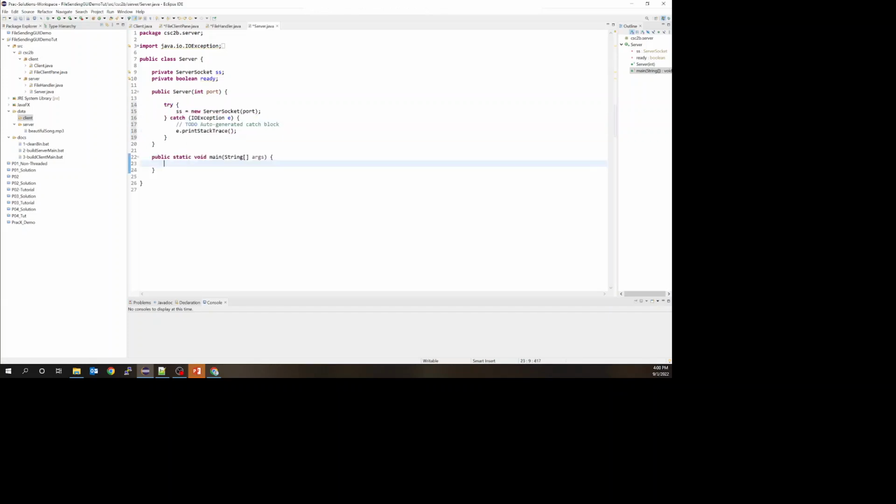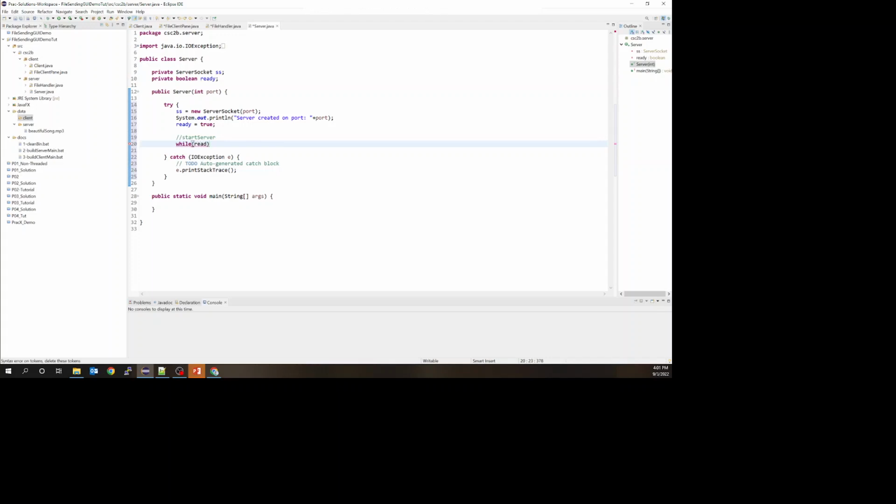So let's surround this with a try catch so that we handle our exceptions. And now I can also output a nice message saying that server created on that particular port, and then we know that my server is ready, so that Boolean flag becomes true. Sometimes I have a method here to say start the server. You can extract this as a separate method, or you can just code it here. If we're going to code it here, we're going to have our while forever loop. So while the server is ready,